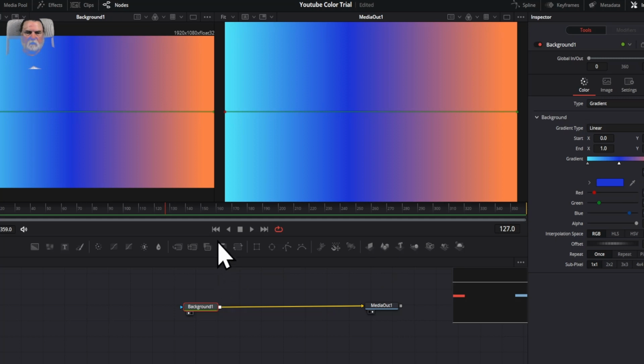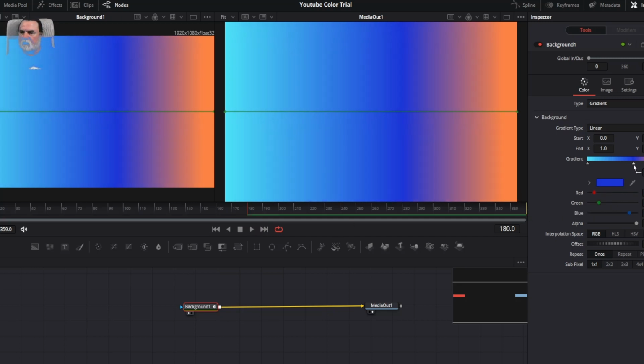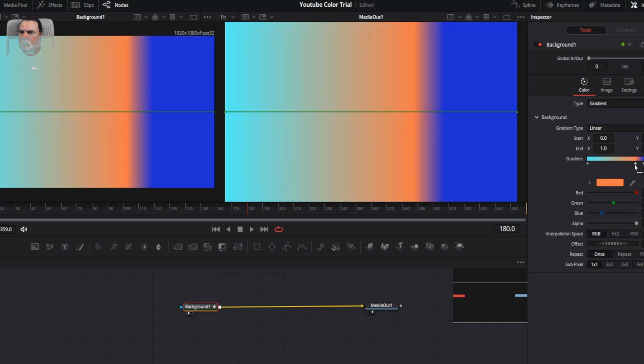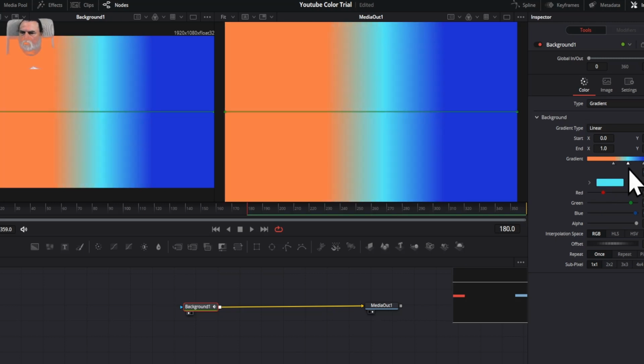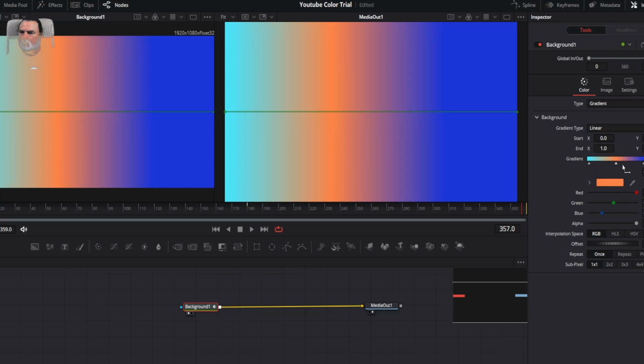So if you were to go to the beginning of your project, keyframe all those in there like that. And then it's 360, let's go 180, that'll be about halfway. Then let's grab this keyframe and slide it over there. What happens if we grab this keyframe and go past this? Okay, that's kind of neat. And then if we grab this keyframe and go past that, it's kind of cool. And if we go out to the end and we try to remember the order we had them in, which I believe was there,